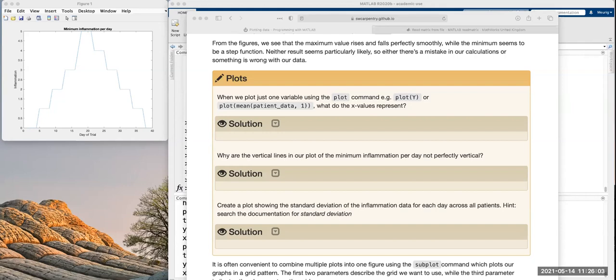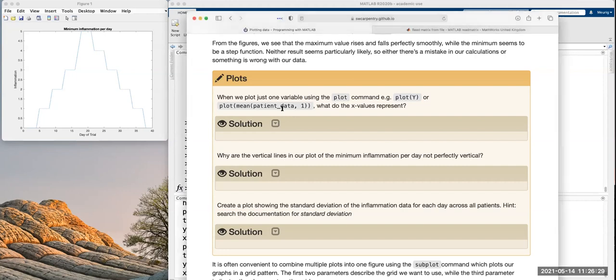Anything I type, it says undefined function or variable for patient_data. Okay, so if you loaded in the file, which I did, yeah. So what did you load it in? What did you call it? So we called it patient_data_01. Yeah. Import data.